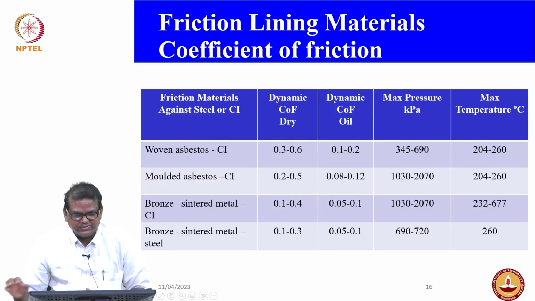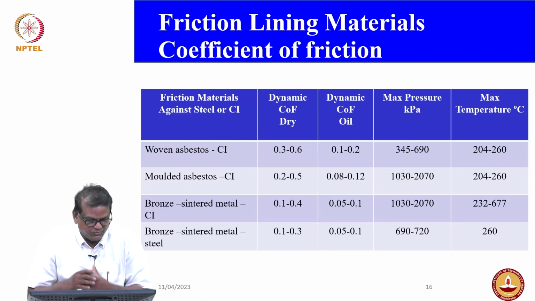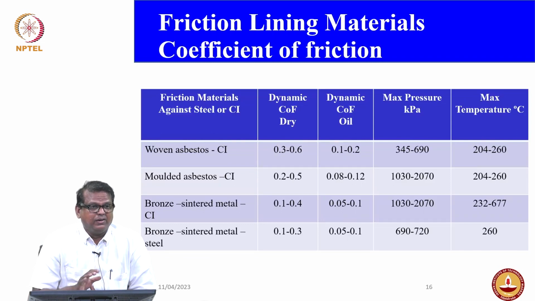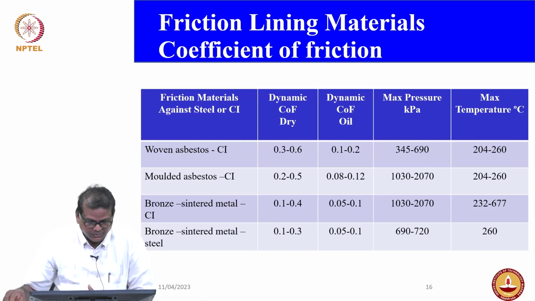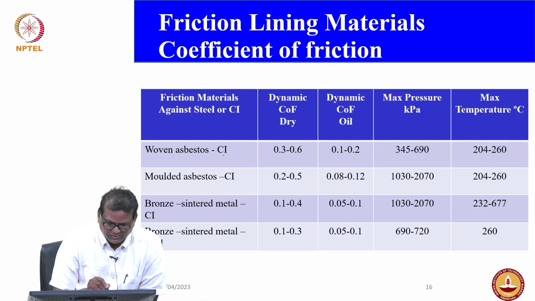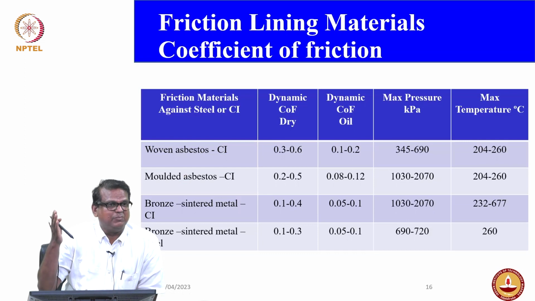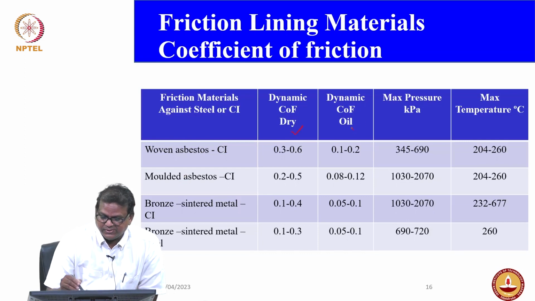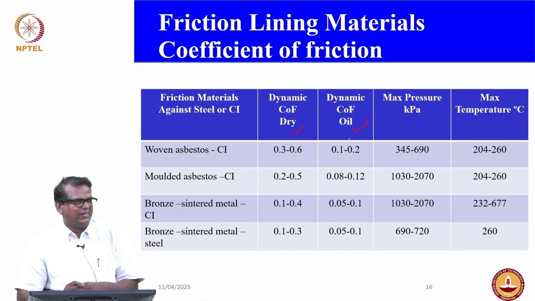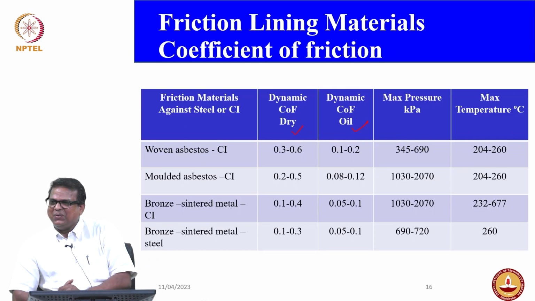And this is a very important thing. For the friction lining material and coefficient of friction, we are going to use this table for the design of a clutch system. You can see that you have a woven asbestos base with cast iron included. The clutch can be operated in dry condition and lubricated condition. You might think, what is this? How is the lubricated